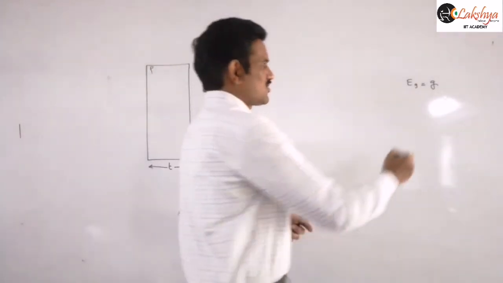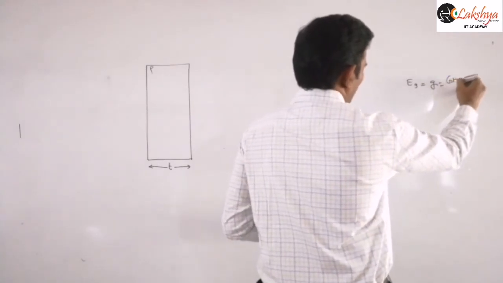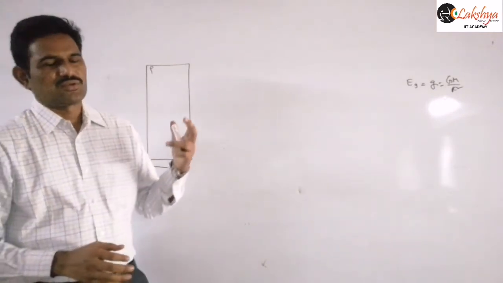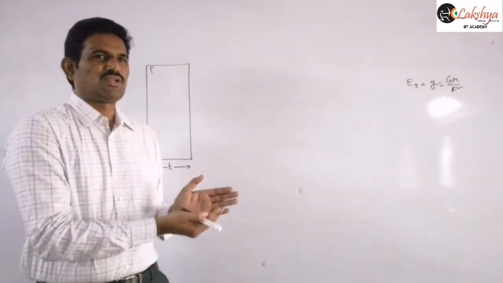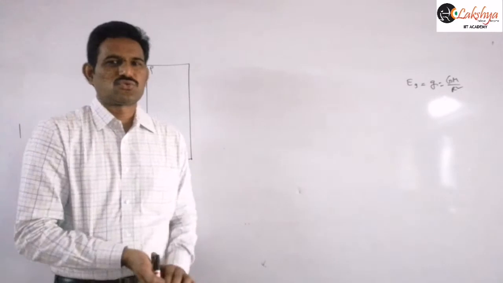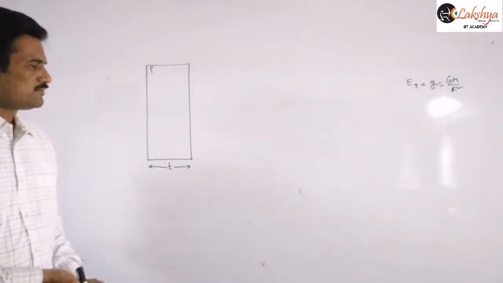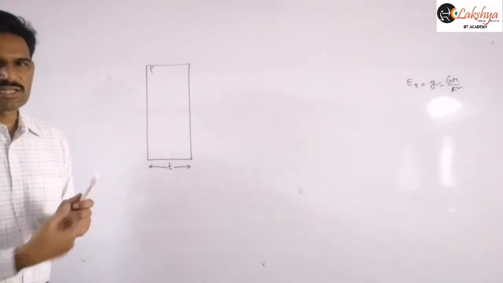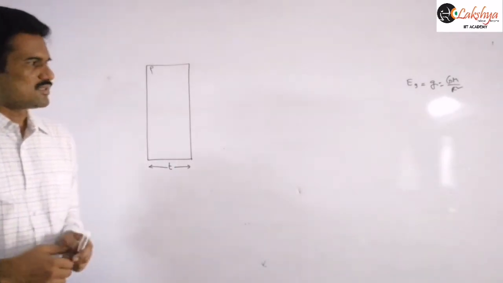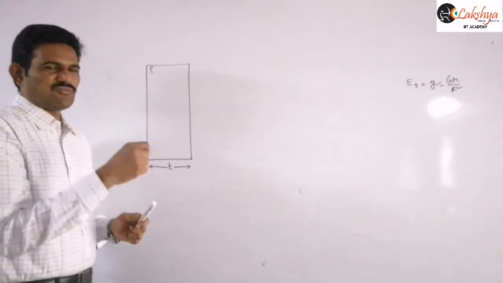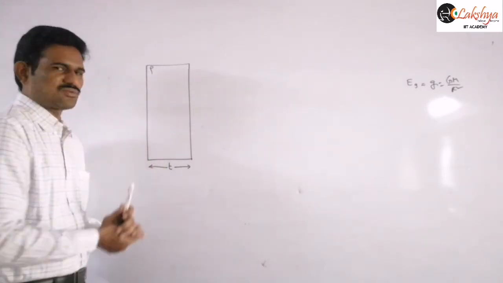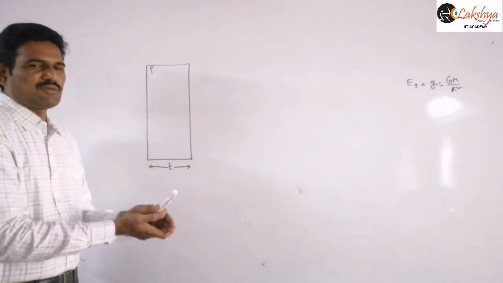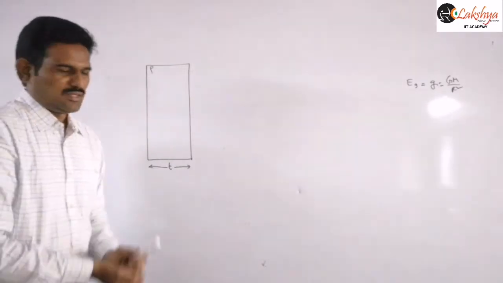On the surface of the earth, our formula is GM by R square, for either g or the gravitational field. That means the gravitational field is nothing but the acceleration due to gravity at that point. So the acceleration due to gravity, or the gravitational field, should be the same as on the surface of the earth. We need to find the thickness of this plane so that it produces the same gravitational field as the present earth.